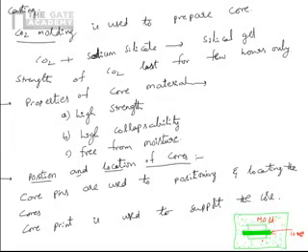This one is the casting cavity, the empty space where the molten metal is poured. So if you pour the molten metal in,